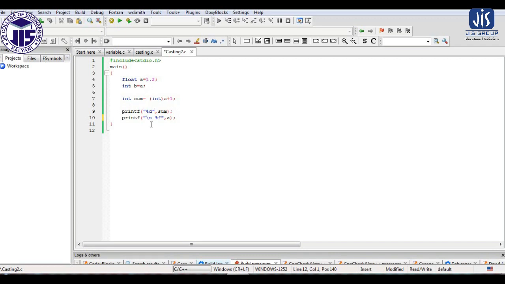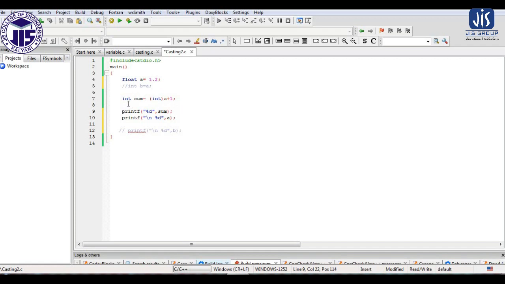So in this program, what we will see: here we have taken a variable a, and the data type of a is float, and the value we have assigned is 1.2.